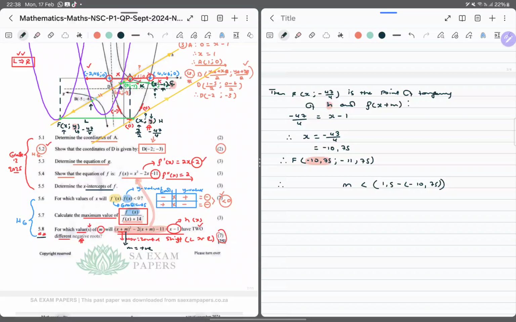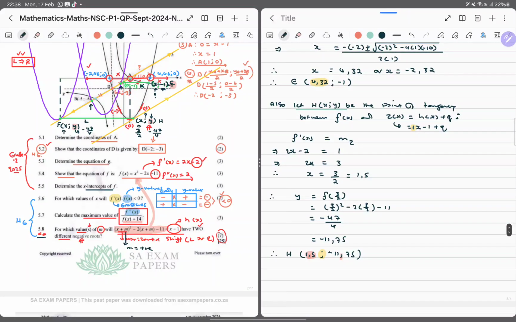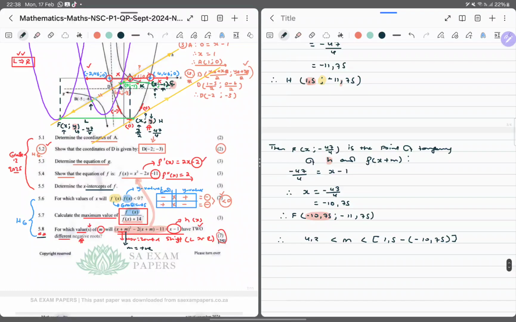I hope you get it, guys. Maybe let's do it better. So this is going to be essentially 1,5 minus negative 10,75. And then this must be greater than this distance, k, which is effectively just that x coordinate, which is 4,32. Okay, this question was hard. Therefore, we know m must be less than